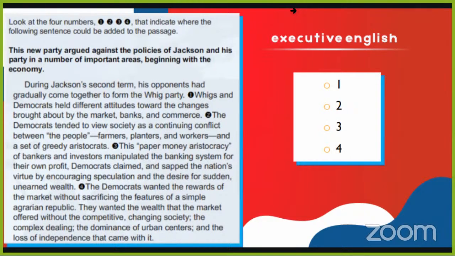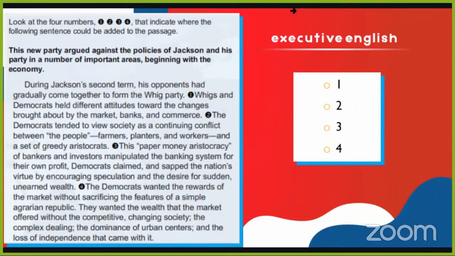During Jackson's second term, his opponents had gradually come together to form the Whig Party. Whigs and Democrats held different attitudes toward the change brought about by the market, banks, and commerce. The Democrats tended to view society as a continuing conflict between the people, farmers, planters, and workers, and a set of greedy